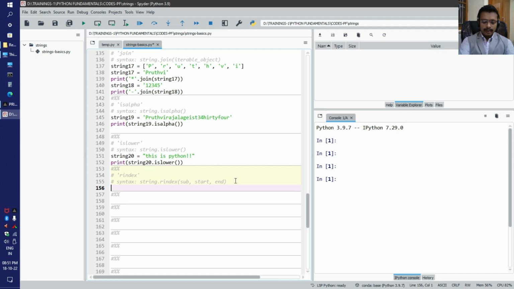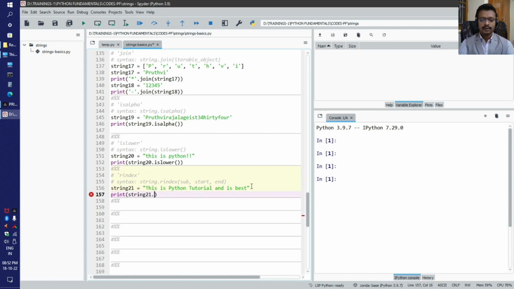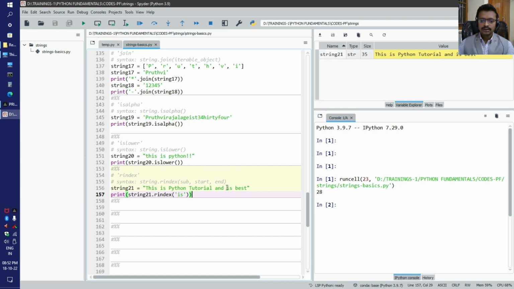Let us see with the string: This is Python tutorial and is best. Let us apply rindex on the substring is. So here we can see this rindex returns the highest index for the substring is. Here it is 28, meaning